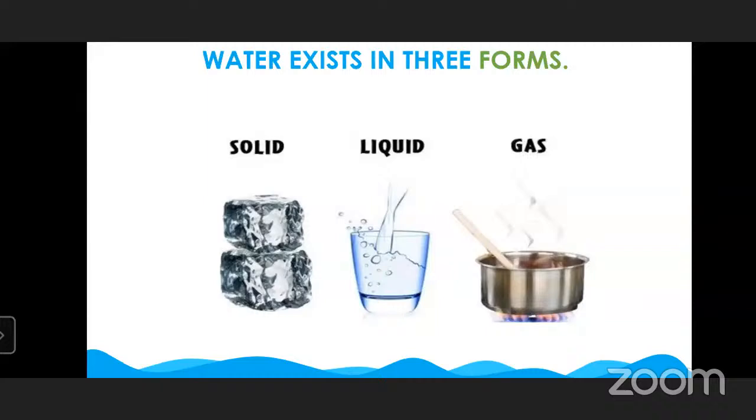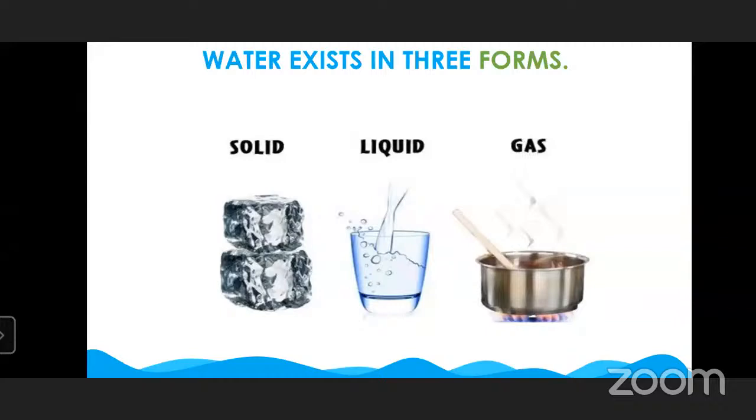This slide shows the forms of water. Water exists in 3 forms. Which are they? First one is solid, second liquid, and third gas. The solid form of water is ice.